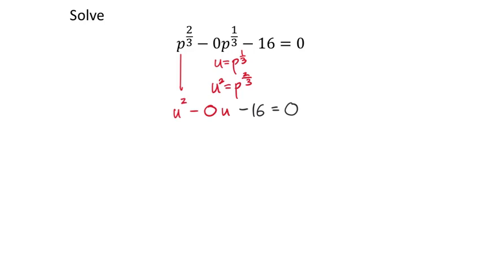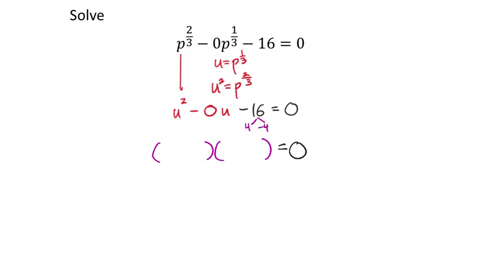Now at this point, I'm going to assume that you did not notice that 0U in the middle. So I'm going to work with it, okay? It's still factoring, it's not even factoring by grouping. I'm just using the rule for factoring because my leading coefficient is still 1. And so I would be looking for two factors of negative 16 that add up to 0. If you want to say negative 0, that's fine as well. It doesn't matter. So negative 16, two factors that add up to 0 would be, like you said, 4 and